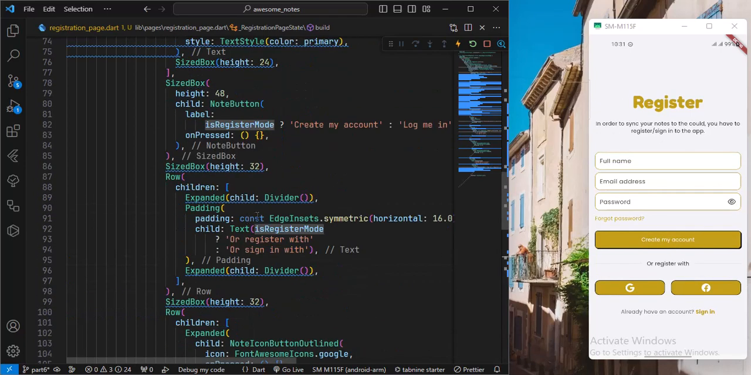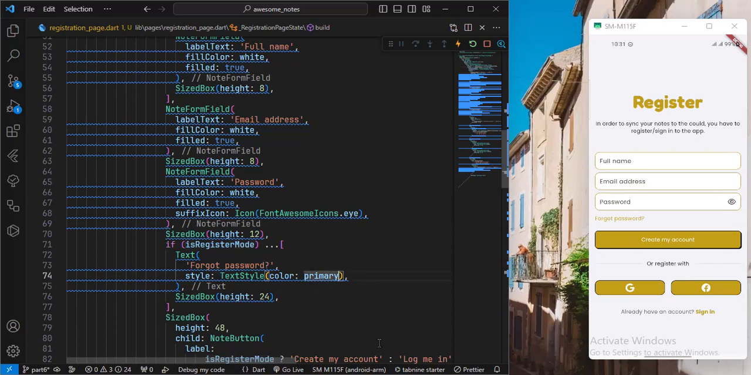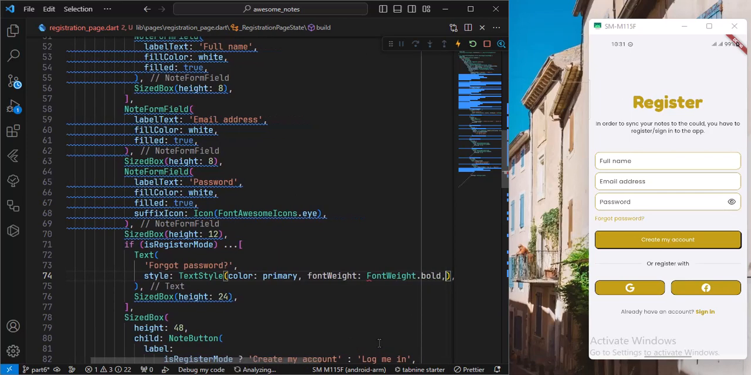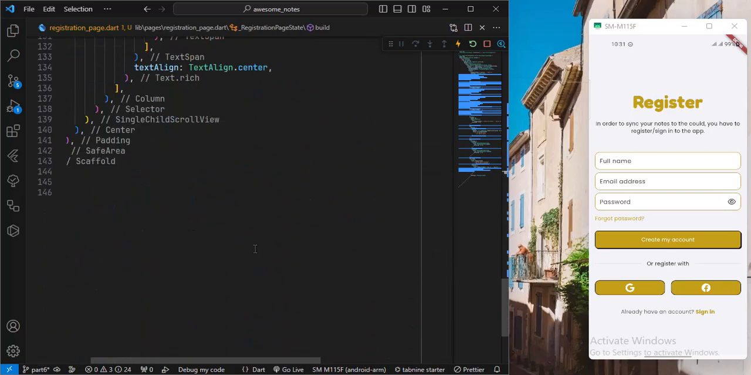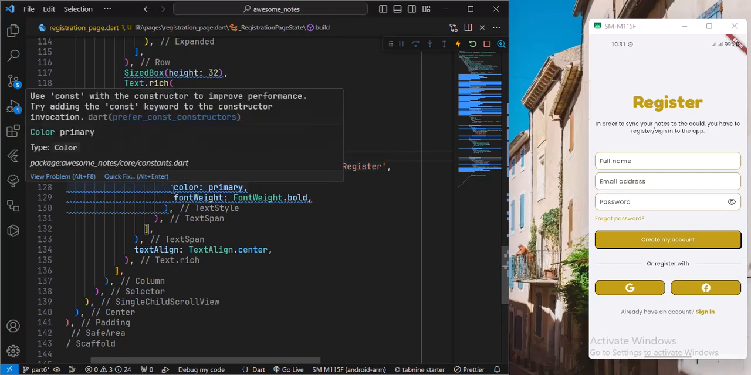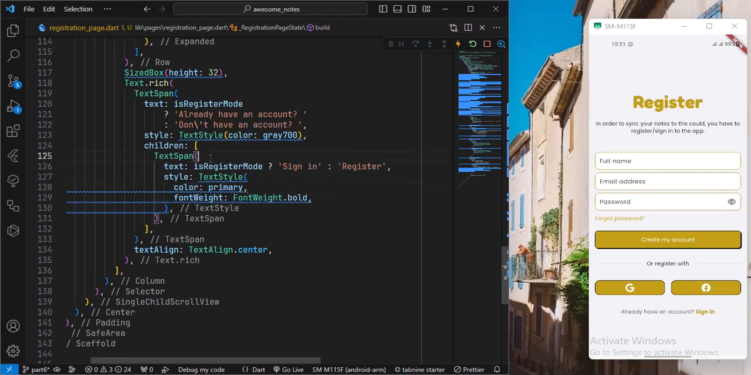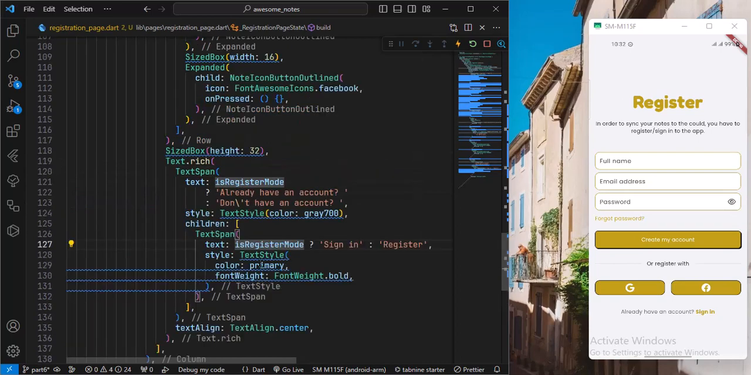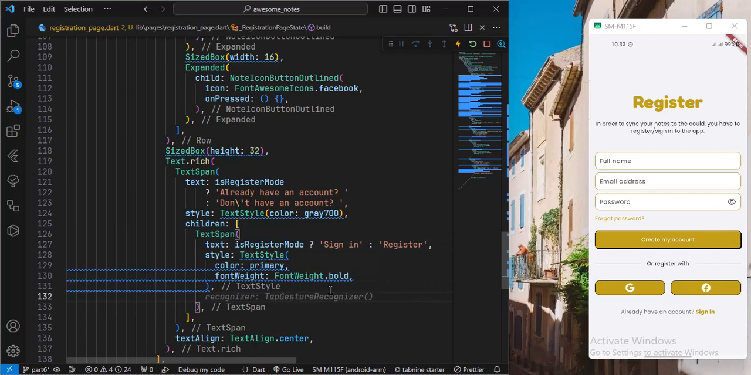First of all, I'll go to the forgot password, and beside the color I'll just give it a font weight of FontWeight.bold. And now to toggle these two states, I'll have to go to the text span where it says sign in or register, and I have to add a tap detector or gesture detector. But this is not having the onTap method, but instead it is having the recognizer, and it takes a TapGestureRecognizer. And now to be able to listen to the onTap events, we have to use the cascade operator